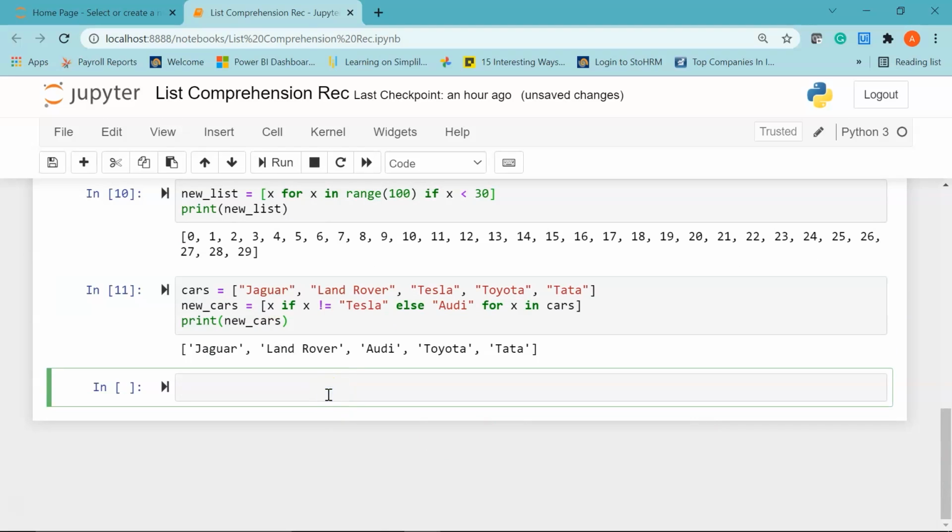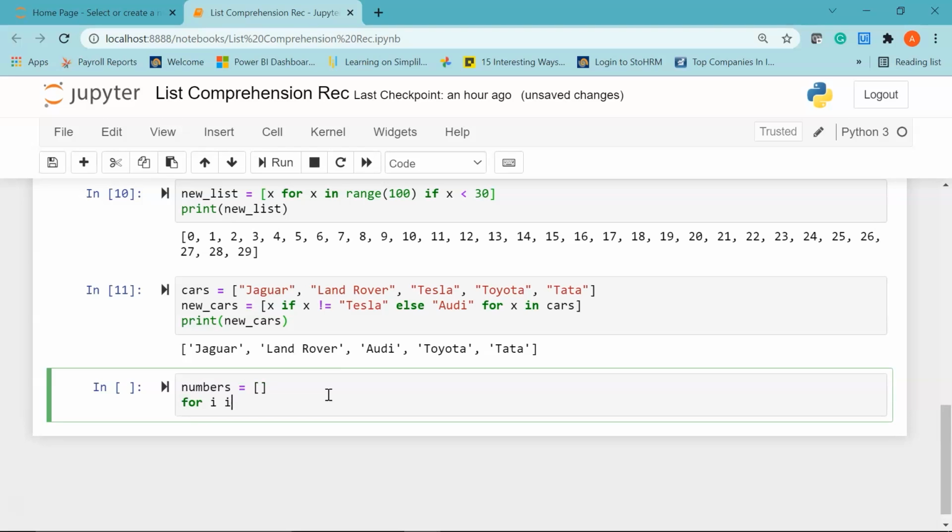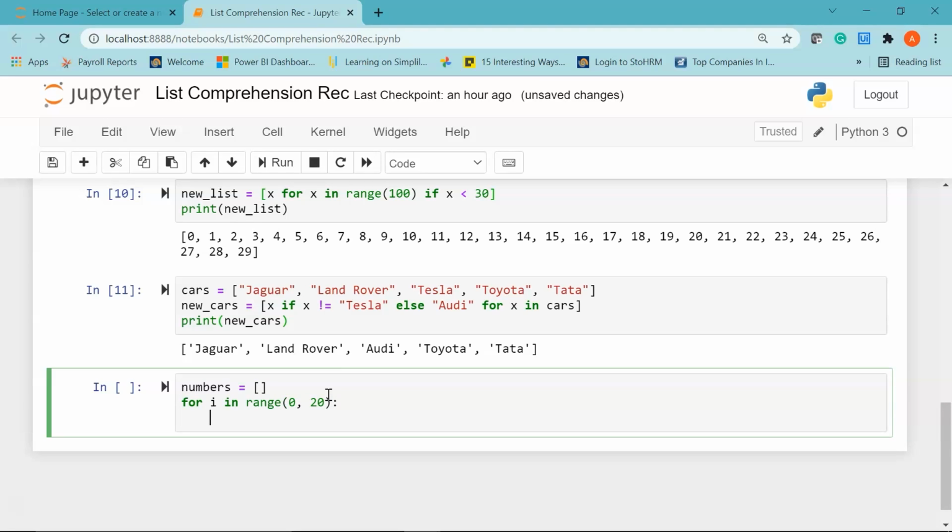Now moving ahead. Using a function, we'll print true for even numbers and false for odd numbers. Let me show you how to do it. I'll create an empty list called numbers. Now I'll say for i in range, let's say I'll set the range to 0, 20. I'll give a colon.